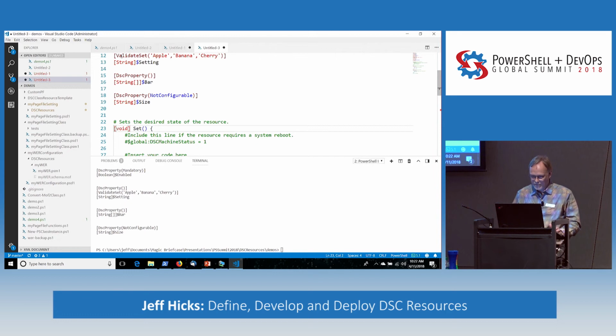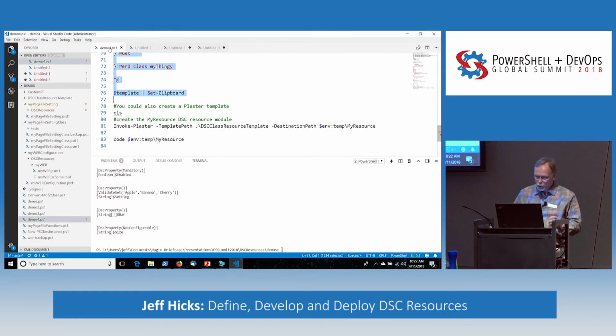In fact, I was going to wrap up and say, or you could create a Plaster template, which is actually too bad because they're talking about, oh no, platypuses now. There's another Plaster session, I think, this week you should go to. So I thought, I'll just mention it, and I thought, no, I'm just going to make one. Anyone here use Plaster? All right, so I created a Plaster template